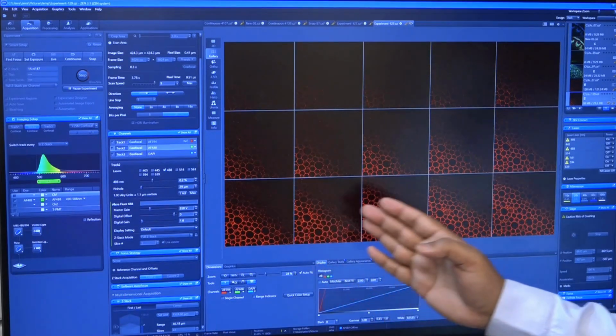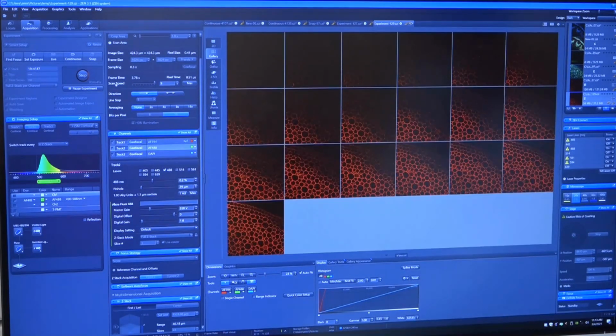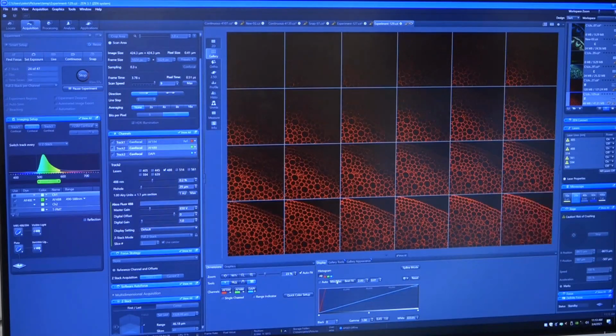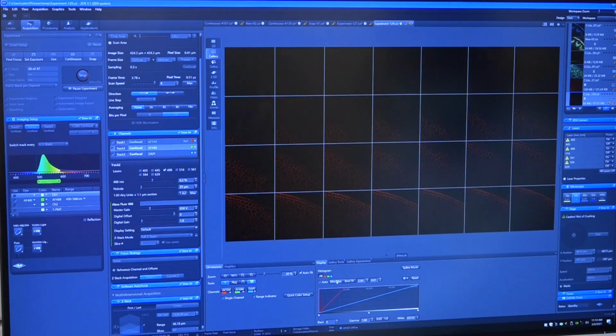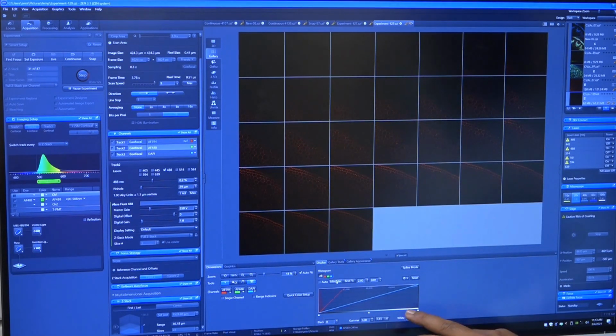So as you can see, different Z positions in red channel are being acquired, and for acquiring, hardly 3 minutes is being used. So there is always a histogram below.